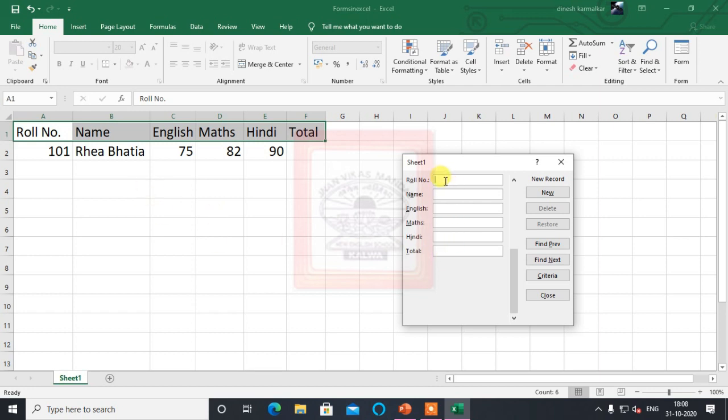So here I am entering the second record. This is the second record. English marks are given, so total we will do later. Once you click New, it will go to the third record.